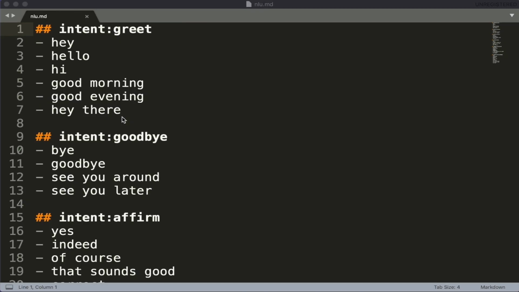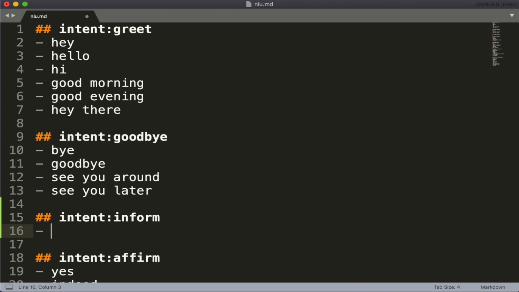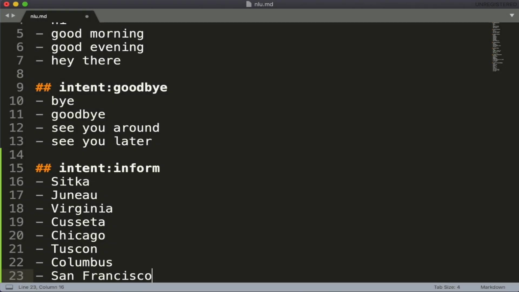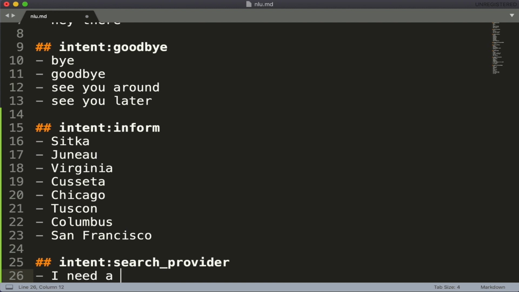The examples we found in the nlu.md file already contain 2 intents which are relevant to our Medicare locator: greetings and goodbyes. Let's create some training data for the remaining ones. The inputs where the user provides the location information should also have an intent, which we will call inform. Now let's write down some examples of how users would provide their location. Last but not least, let's train our assistant to understand the inputs where the user asks for a specific facility.